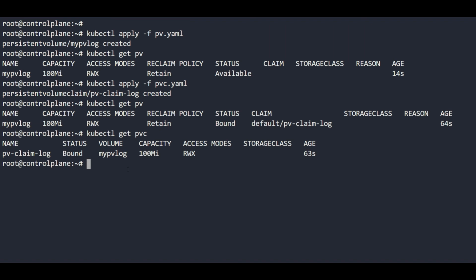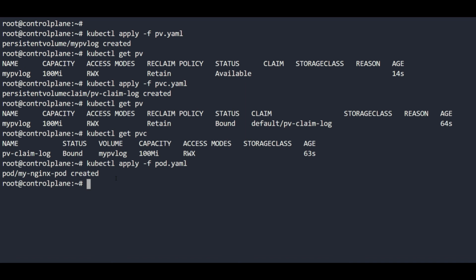Now we need to utilize it in a pod, and we already have the definition file created. So kubectl apply. Now we are going to create a pod. So now the pod gets created. This particular pod is utilizing the claim which is bound to the PV, and the container has some path which is now mounted to the PV storage path, the hostPath that we configured under /pv/log.